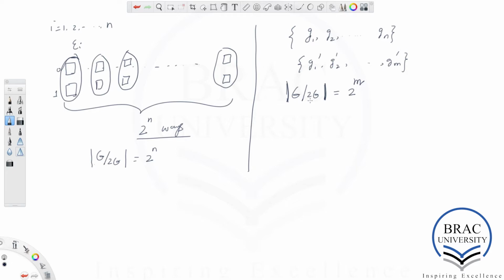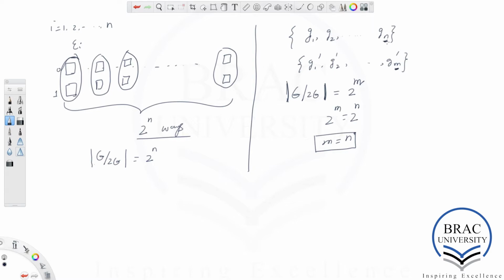But it's the same quotient group, so 2 to the m is the same as 2 to the n, which gives us m equal to n. In other words, two bases of the free abelian group that we started with cannot have different numbers of elements.